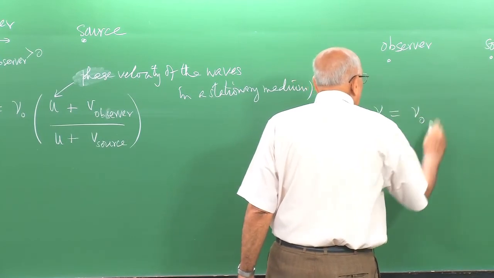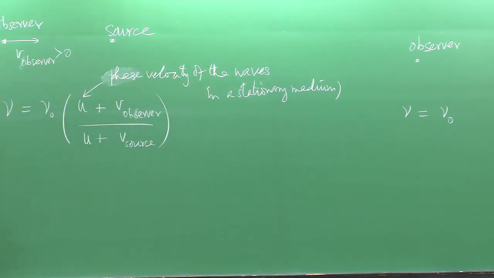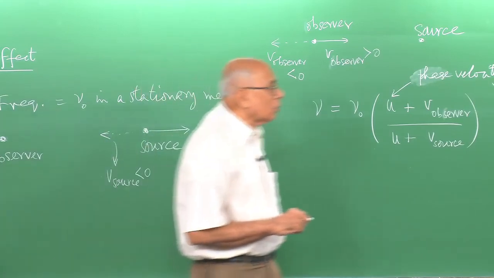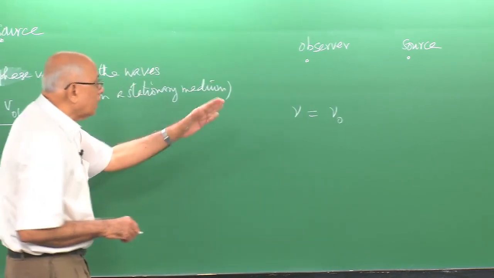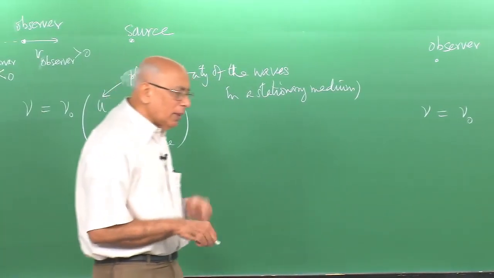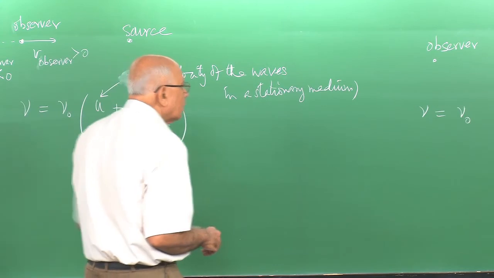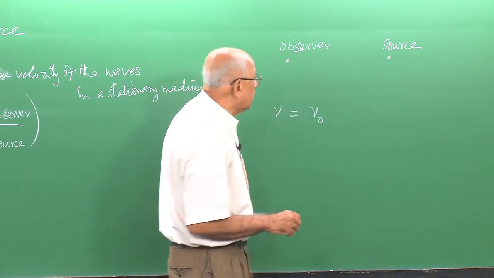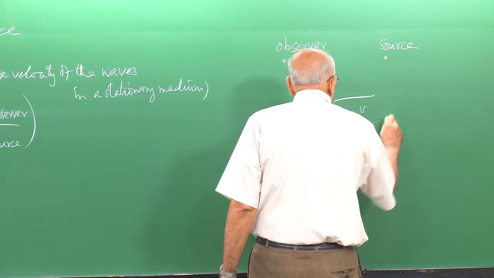Nu equal to nu naught times, and now we have to pay attention to two things. Not only the argument about the number of crests or the number of troughs actually getting compressed or decompressed, but also the phenomenon of time dilation. So, when you have a moving frame, time flows differently than it does in a stationary frame, provided these are inertial with respect to each other. When you put these corrections into account and put the special relativistic corrections into account, this formula does not hold good anymore. We have a formula that is symmetric about whether the source moves or the observer moves, and this formula is c minus v divided by c plus v, where